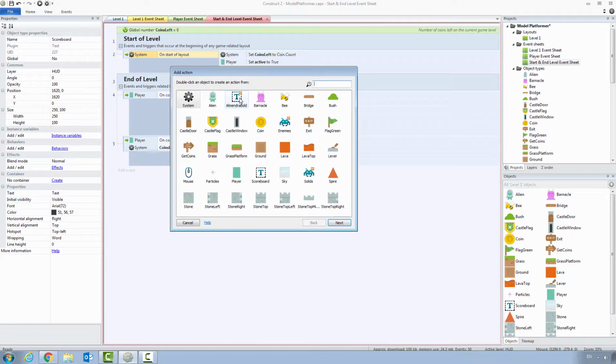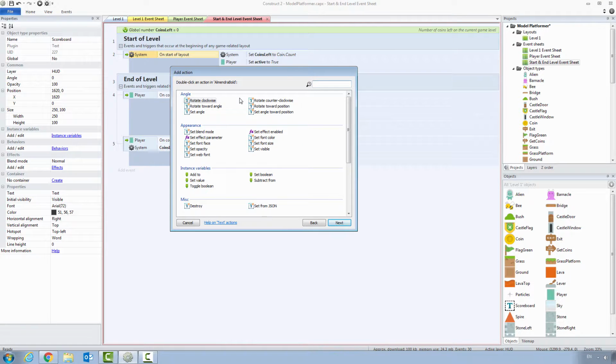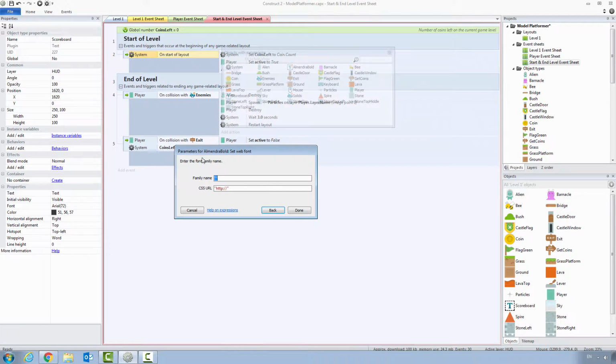Let's choose our Almendra Bold family. And what we want to do is set the web font that we just added to the project to this family. So find where it says Set Web Font. The font family name is Almendra Bold. And the CSS, this is basically telling us what's the location of the style sheet. Well, we put it in the files directory, so it's just part of our project. Almendra